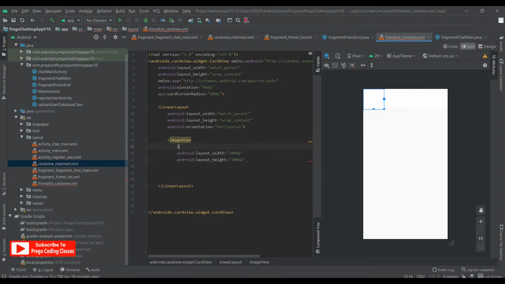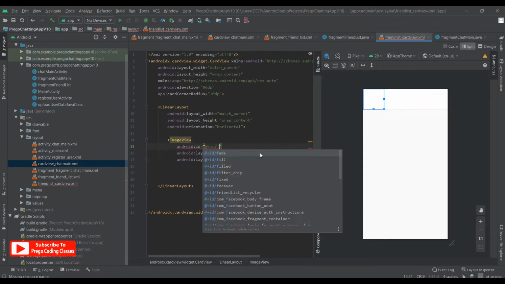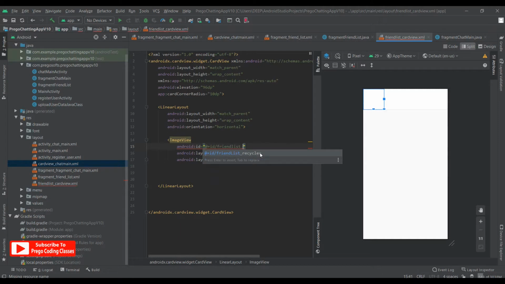We'll give it an ID of friend list image.